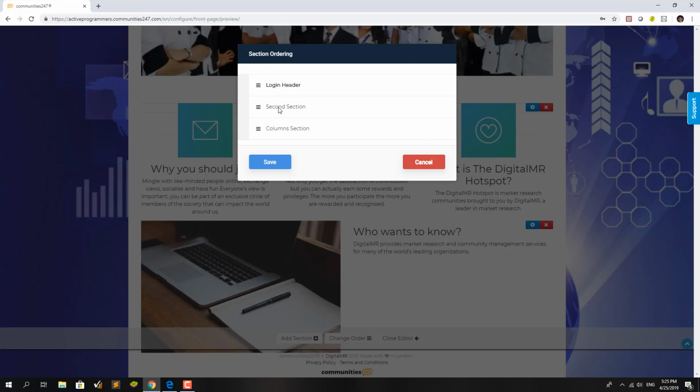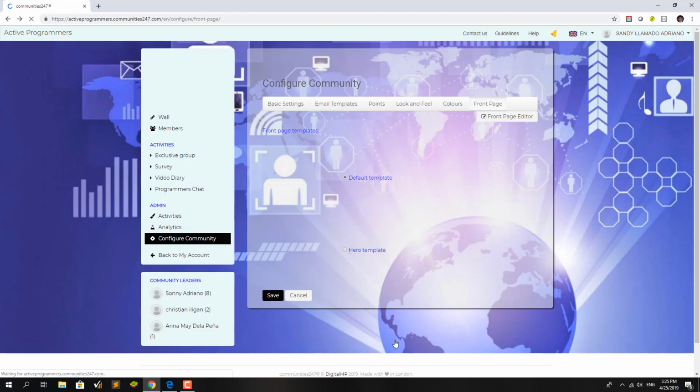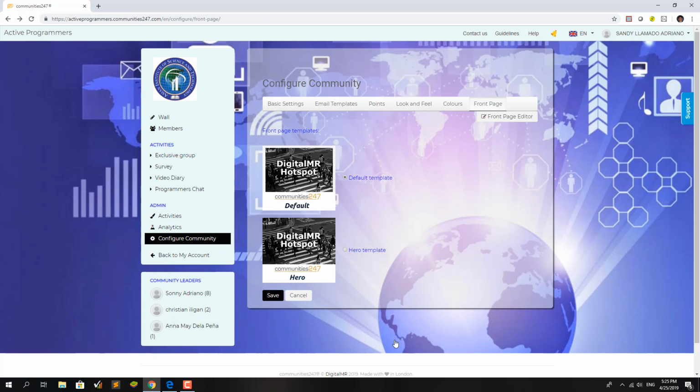When you change the section, you just drag and drop it in the different parts of your front page, and when you click save, it will automatically be applied on your front page. And when you're finished editing your front page, you just click the close editor button, and it will automatically save, and your members can see the different settings in your front page.